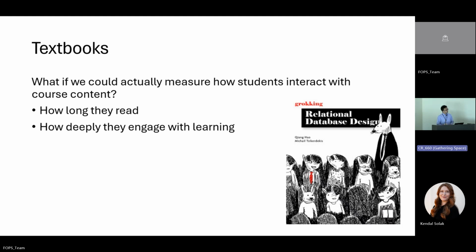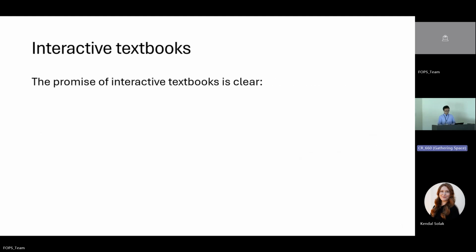So yeah, what if we could actually measure how students interact with the course content beyond just asking, did you read the textbook? If you can measure how long they read something or how deeply they engage with the learning, that would be wonderful. So that enters the